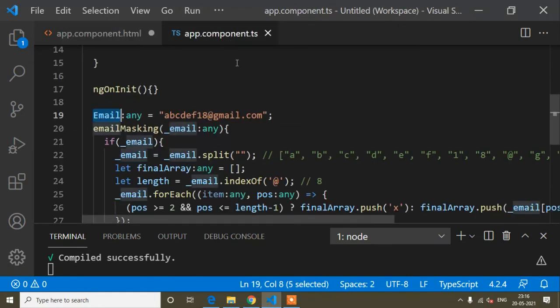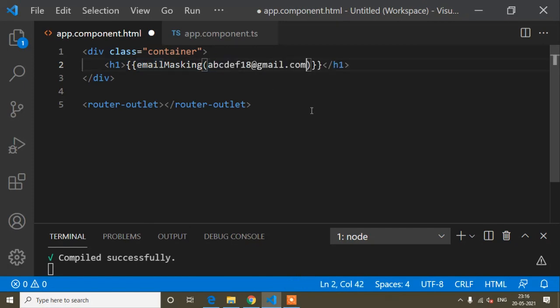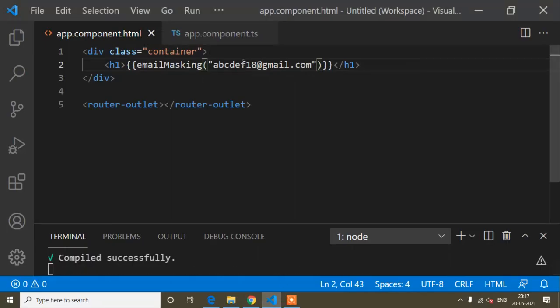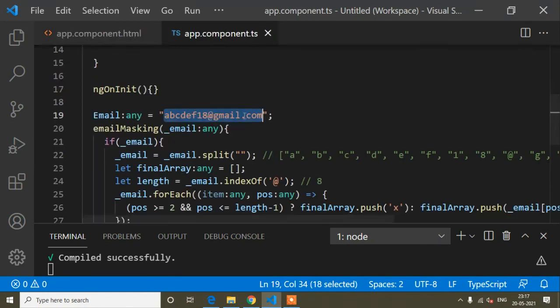Okay, you can also pass this static email directly. So whatever you pass, that will be denoted. You can pass it statically, that mail, so it will be denoted here. I mean, here you can see this one is masked, but the mail I will not pass here statically, because this mail will come from API, and when any data comes from API, we store it inside a variable, and then we bind that variable in HTML.